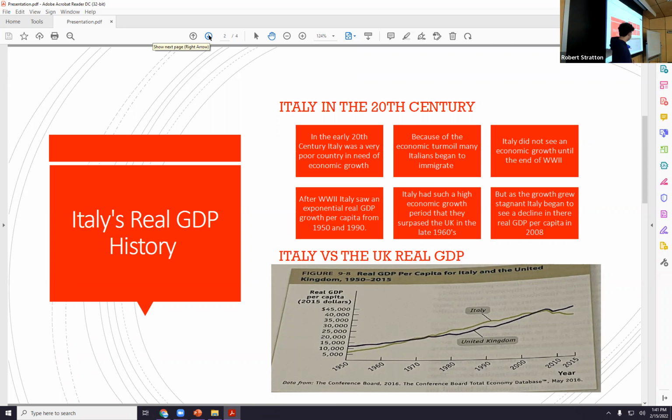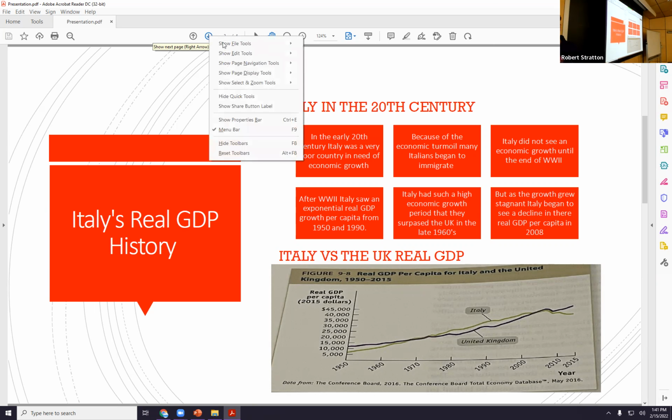As you can see on the graph right here, it passed the United Kingdom in around the late 1960s, which was just a big accomplishment for Italy, and a lot of people were surprised about how much it was growing. But the growth began to stunt around 1990 to 2000. And it was around the time where we saw a lot of technological growth. The reason why Italy's growth became stunted economically was,